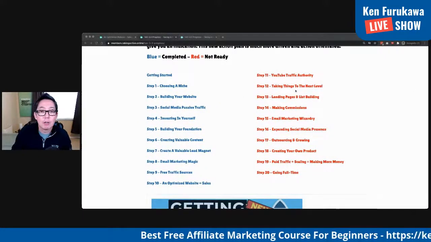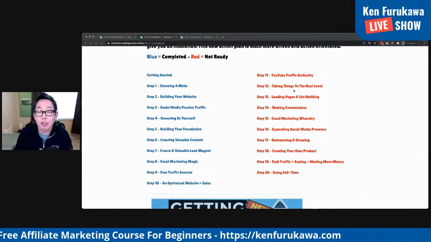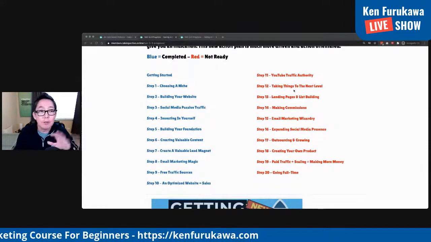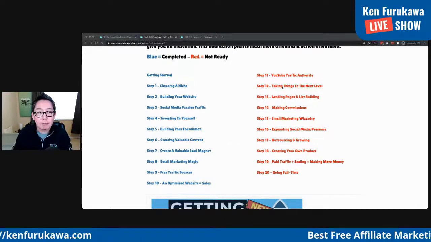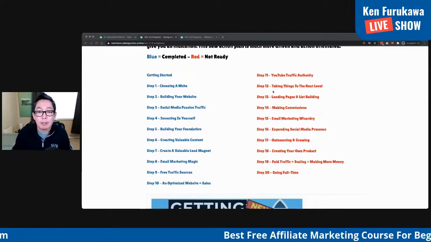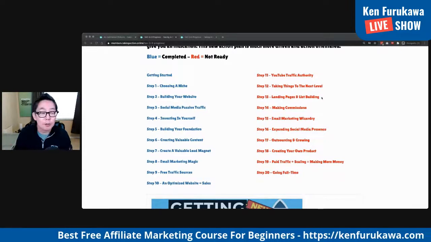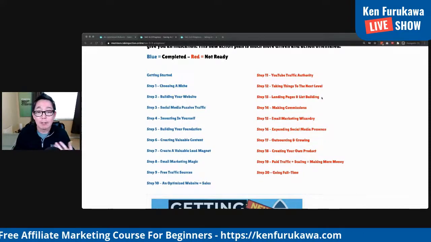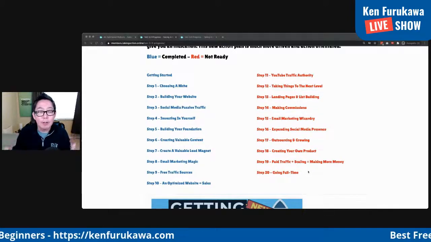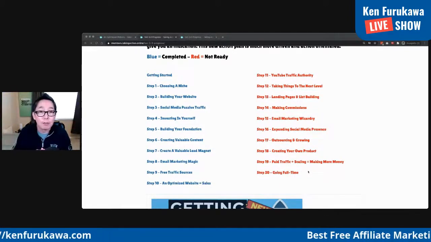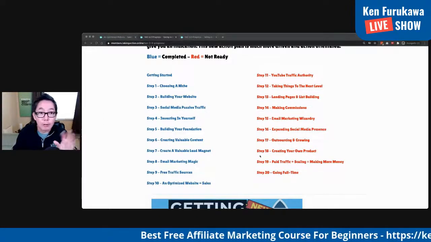Okay, so step 11 and 12 are the last two steps of the free action plan. When you go through this, even if you decide you don't want to do it, I just still want you to read through the different steps, because you're going to see that by following these 12 steps, you can build a plan. You can build a real business, that you can do it. And steps 13 through 20 are more advanced, and they're really going to help you take things to the next level. All right. But again, following these 12 steps, you're going to build a business.